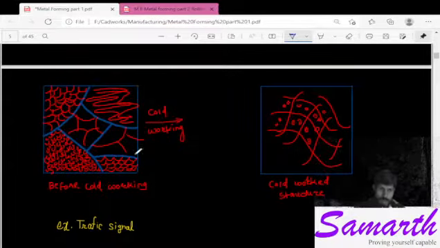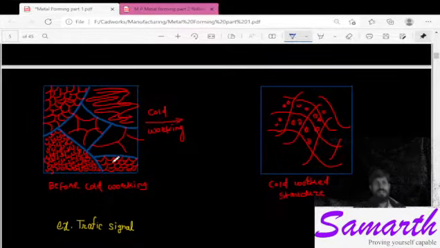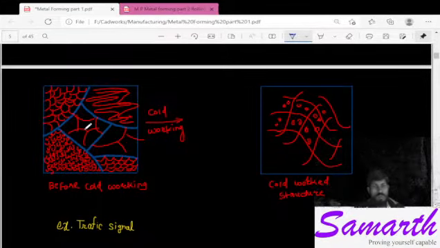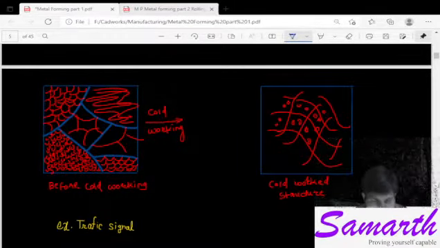So before this cold working, if you see a specimen of a particular metal under the microscope or electron microscope, you will see this type of grain structure. Different grains will be there in the same material, and these dark blue lines are nothing but the grain boundaries. When we apply force or loading, what happens? These grain boundaries come closer due to deformation, and at one point they will come closer in such a manner that no further,